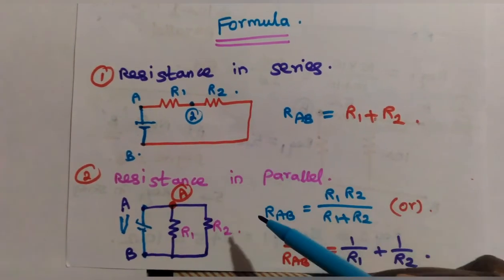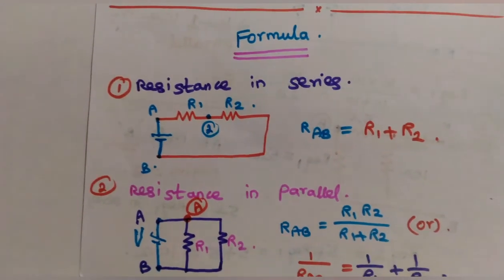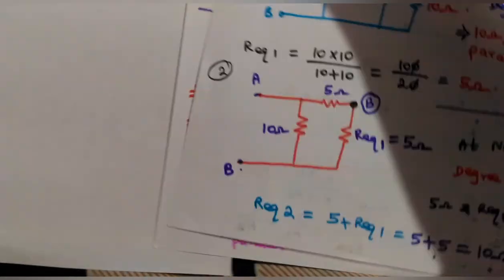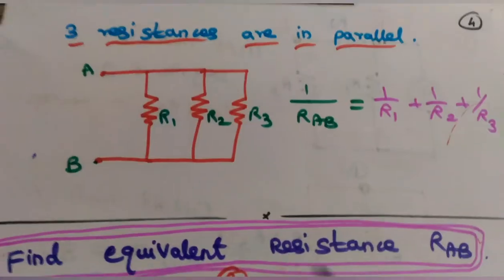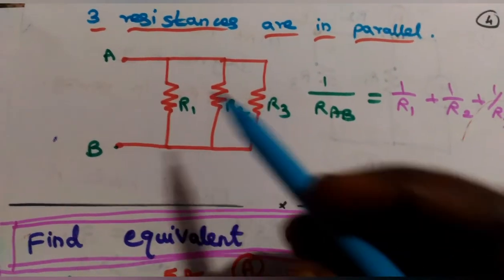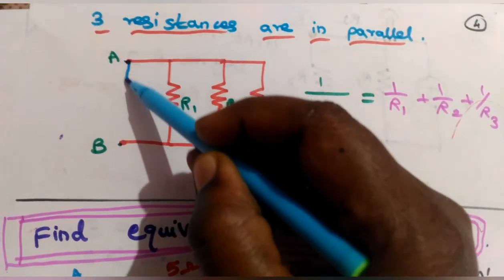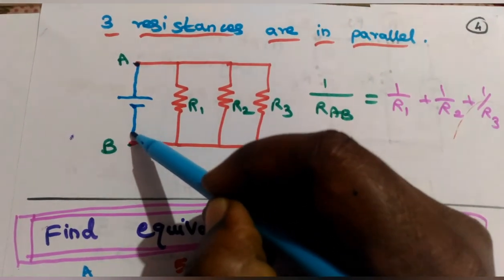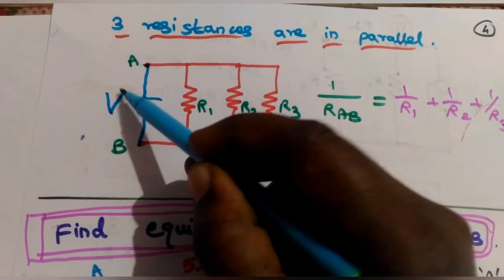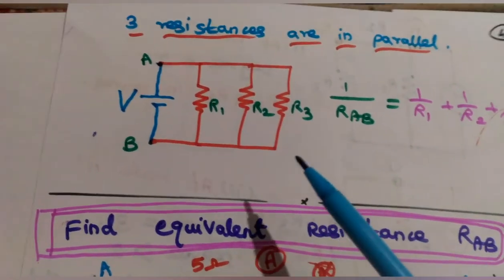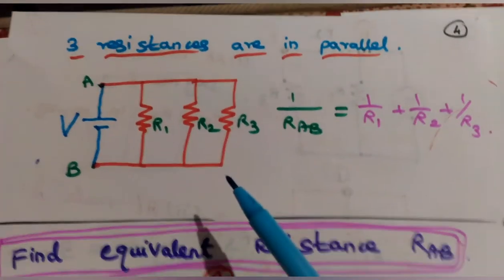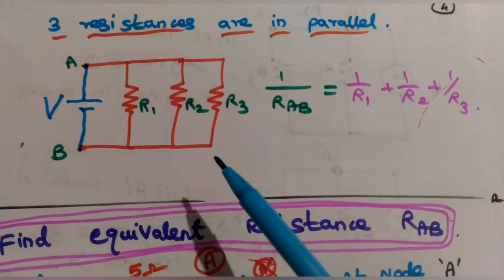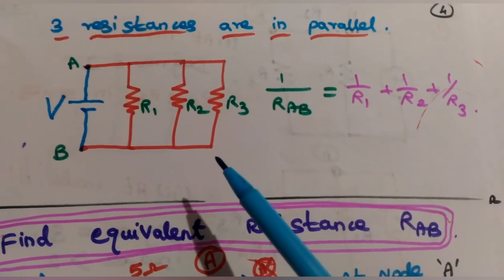So these are all the formulas for getting the equivalent resistance for series combination and also parallel combination. Now if three resistances are connected in parallel like this, before identifying the equivalent resistance, just draw the temporary voltage source across the terminals and then find the equivalent resistance. Whatever the problem given, if the voltage source is already available in the circuit, just simplify the resistances. Otherwise, across the open circuit terminals, connect one temporary voltage source, then find the equivalent resistance.